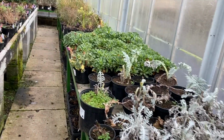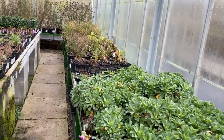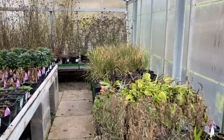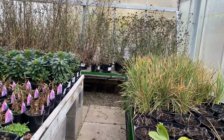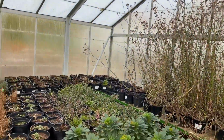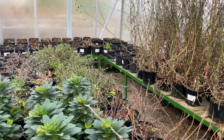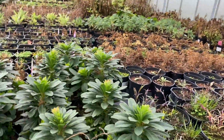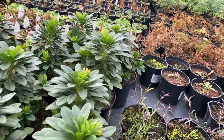This is another glass house. This was bought from GlaxoSmithKline. I don't know what they used it for, but many years ago. So we just called it Glaxo. It's quite a big glass house, but there's various things in here that, like Verbena bonariensis, who were overwintering. These are